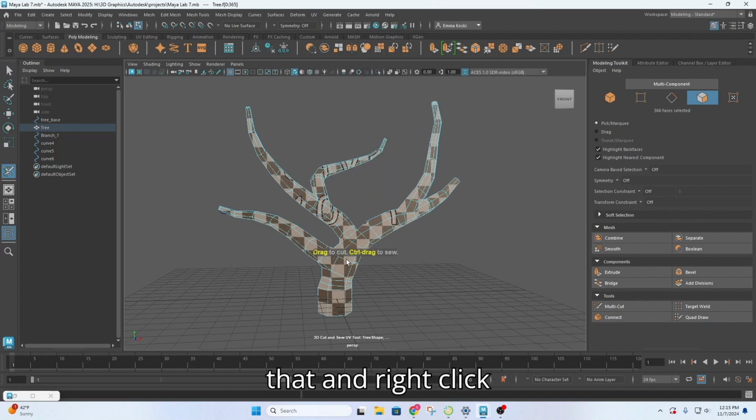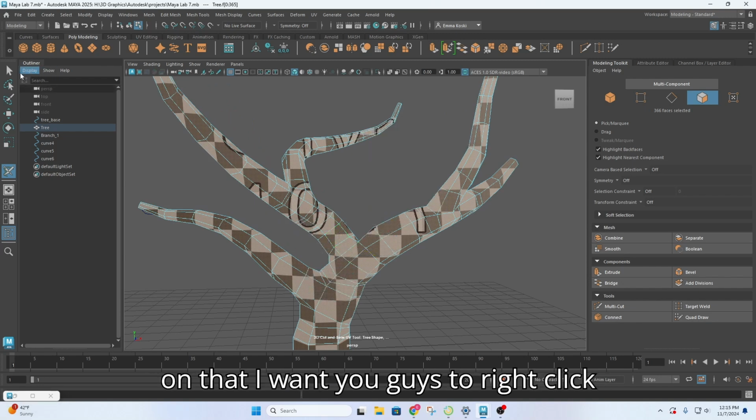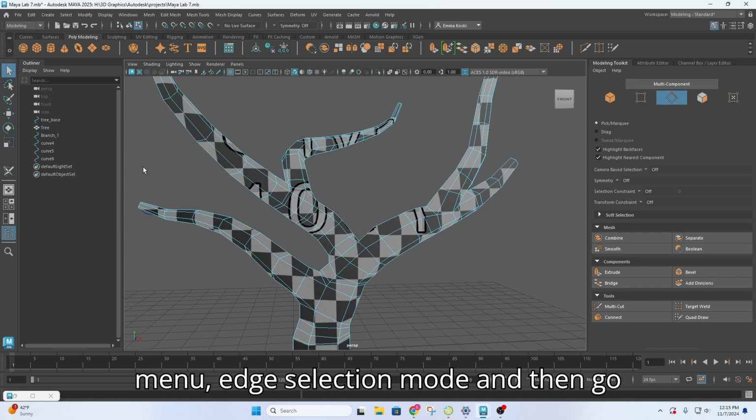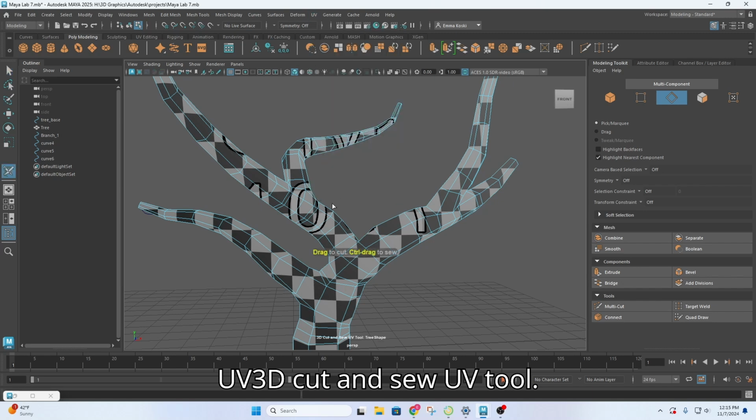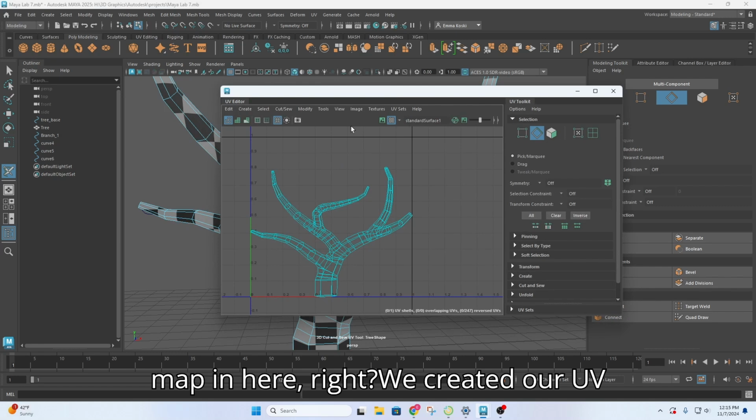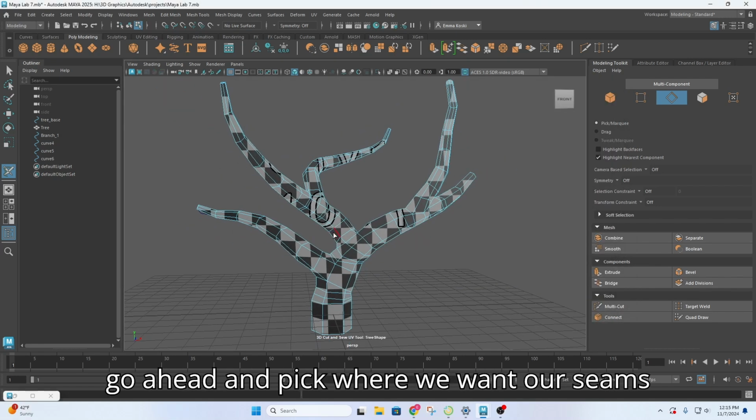Click on that. Actually, sorry, before you click on that, I want you to right click menu, edge selection mode, and then go UV, 3D cut and sew UV tool, okay? So you should have your map in here, right? We created our UV shell, our UV map, and now we're going to go ahead and pick where we want